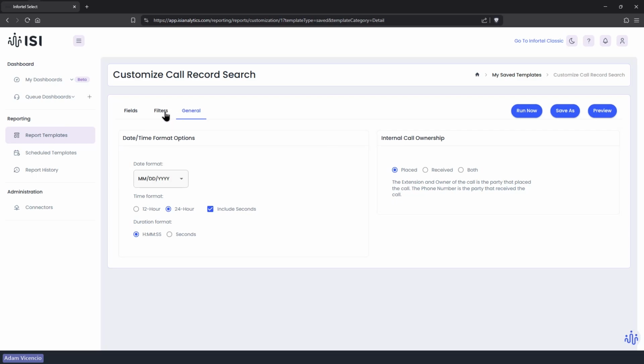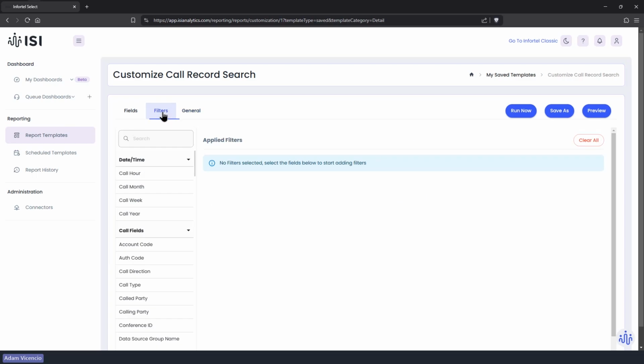What I'm going to do now is move to filters. Now, when it comes to filters, we have completely redone a lot of the filters from the Classic product because, in my opinion, in Classic, the filters, there were a lot of them, okay? And they weren't really categorized, right? So in this situation, we have actually created categories to kind of help you understand what those filters might apply,